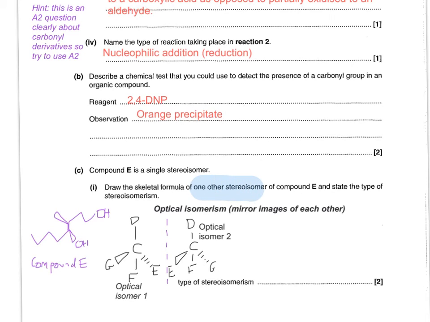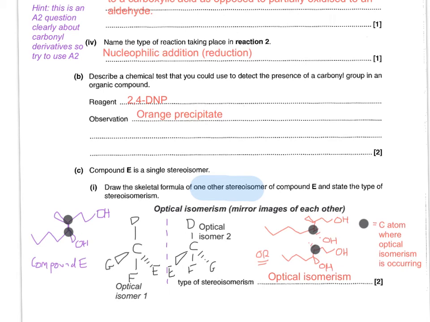So this compound E, what the question is telling you, it's saying that there is one other stereoisomer of compound E. So we've already got the type of stereoisomerism, we can call it optical isomerism. Remembering that skeletal formulae don't actually show hydrogen atoms unless they're part of a functional group, if you look at where I've highlighted in dark grey, those are the 2 places where this effect will occur. So the kind of thing you'd need to put down would look something like this. So I've drawn in the 2 stereoisomers,